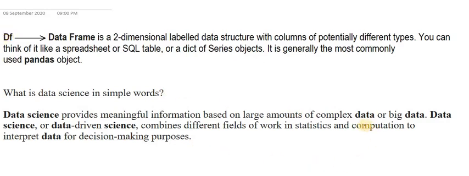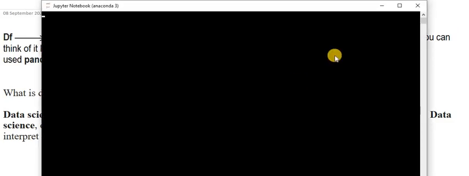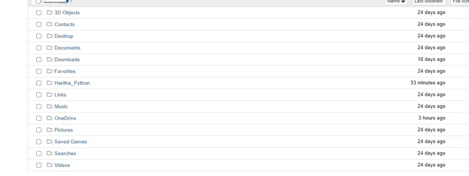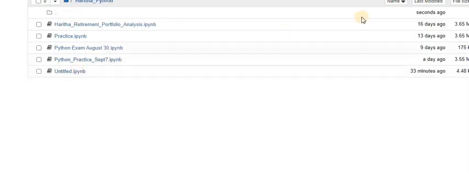We are going to take one data file from my system, and that data is going to show in the form of a table, and then with the help of that data we are going to draw a graph. To do all these things, I want to open my Jupyter Notebook, which is installed in your PC. If you click on it, Jupyter Notebook is going to open like this, and then it is going to open in Google Chrome. This is the place where all my things are in my system.